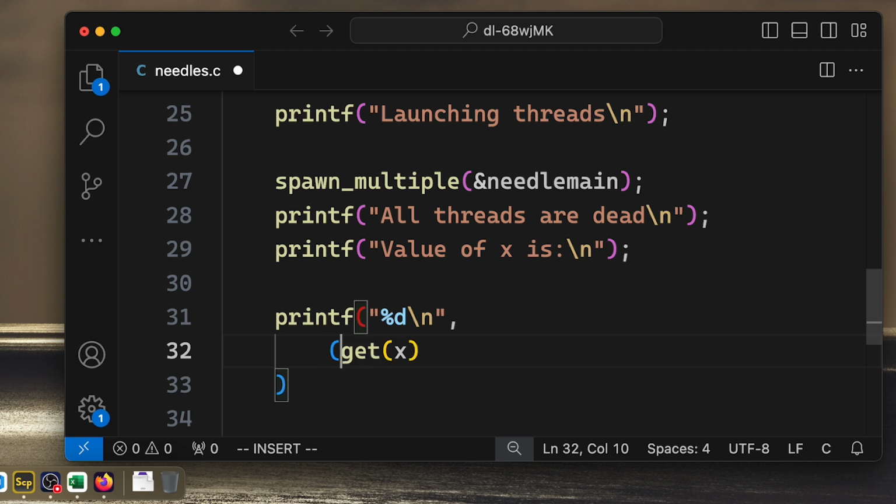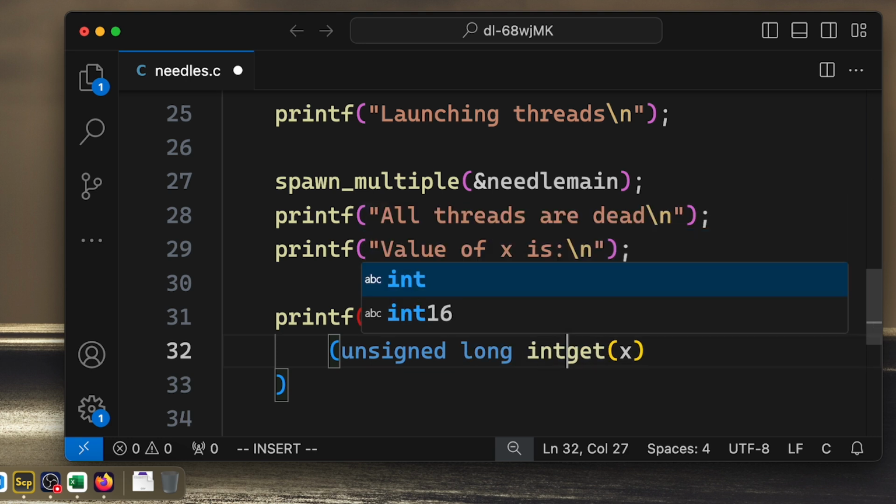First of all, it needs to be an unsigned long int,